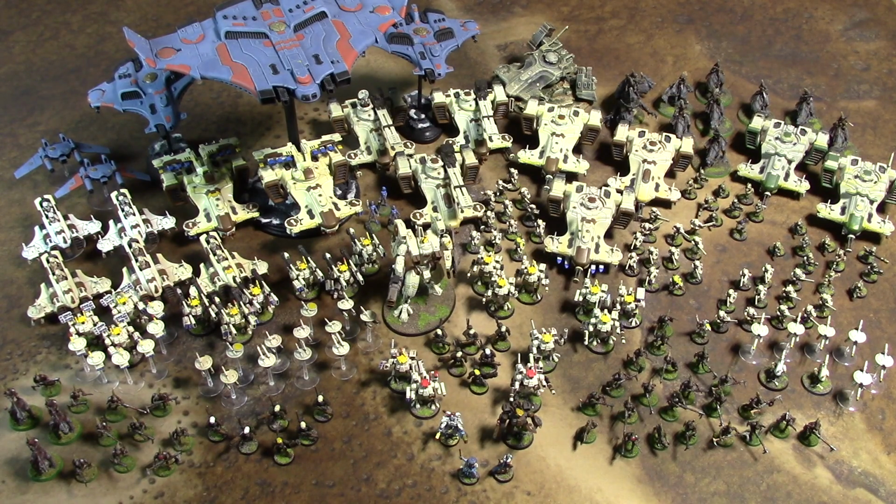We counted it all up. It's a little under 200 models, just barely under 200 models. And I think after my next shopping spree, it'll be over 200 models because I have a problem with Tau. So I said, it's about 200